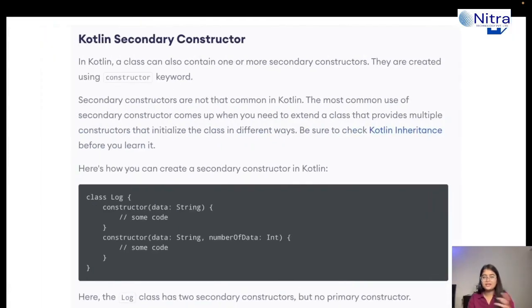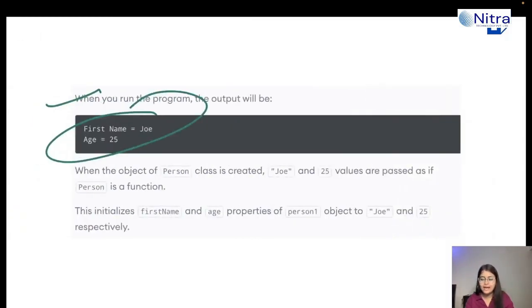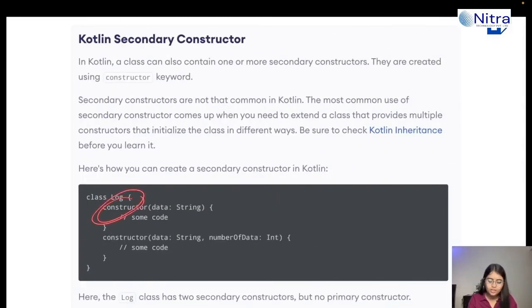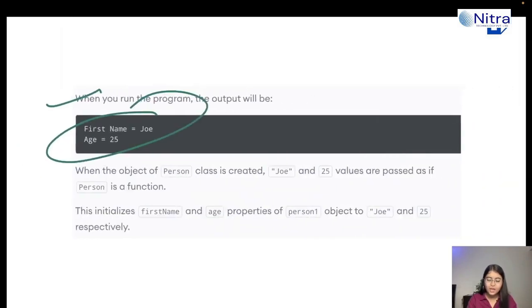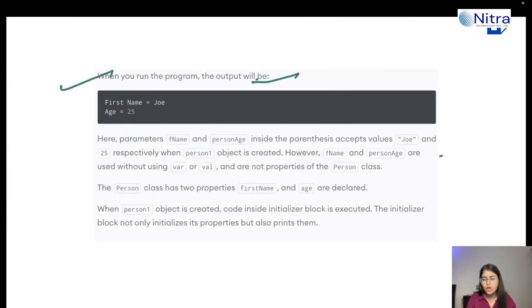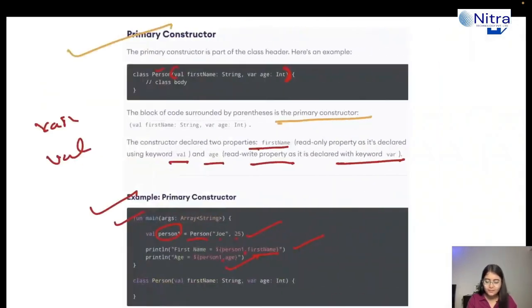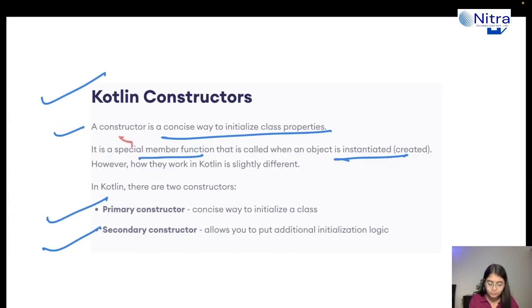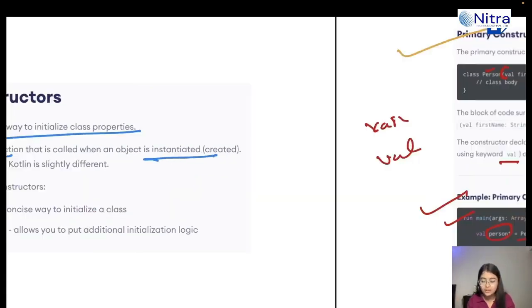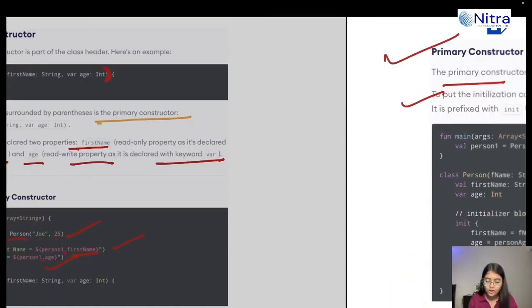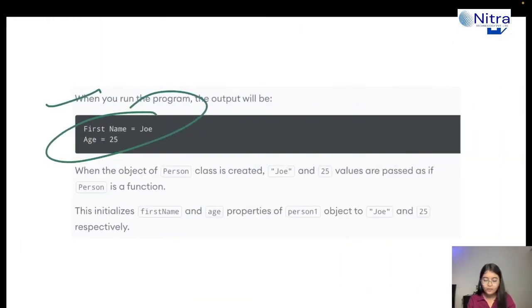So the secondary constructor in Kotlin is not that heavily used, very less, and to create one you have to use the constructor keyword. That's it. Apart from that, primary constructors are very common, and you just saw multiple examples of them. It is one of the concise ways to initialize the class in Kotlin, and you already understood the syntax. Moving ahead,